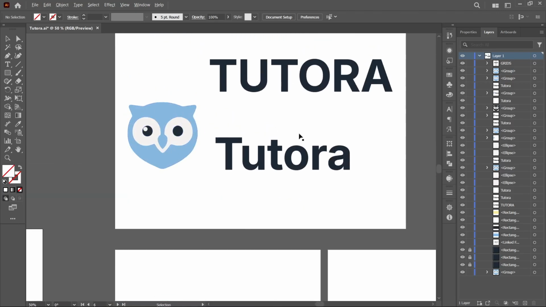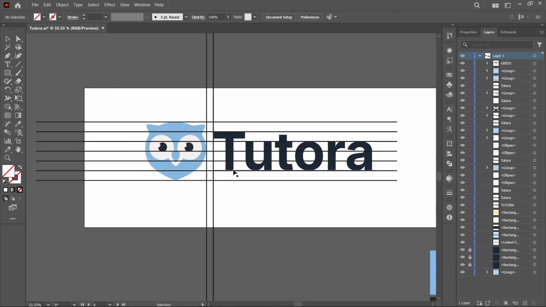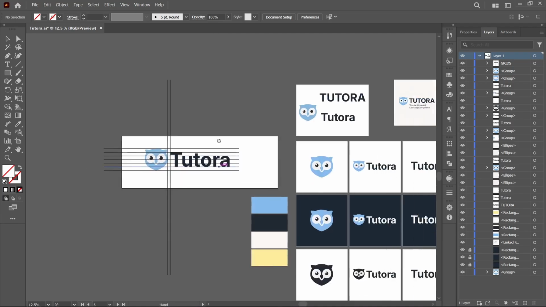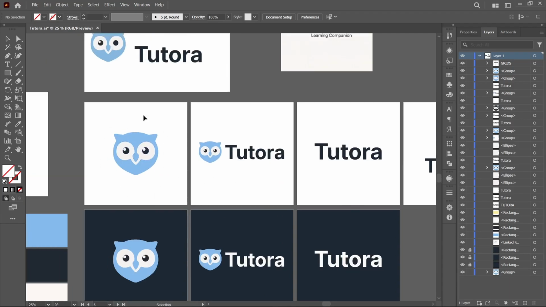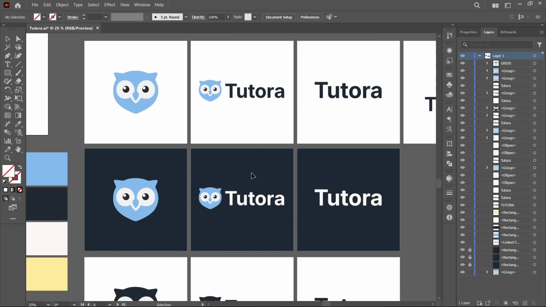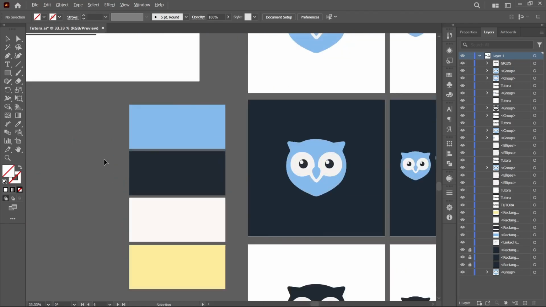I just used image trace to remove the background and extract it, turn it to a vector. I added the text that I wanted. I was choosing between either all capital or small letters. I chose the small letters at the end of the day. Then I used this grid to balance the positioning, to make sure everything is balanced. Then I brought it into here. I made sure there's an icon mark, a combination mark, and then a logo, a text mark, a word mark. Then I created a dark version, and then I created this version, and then this is my color